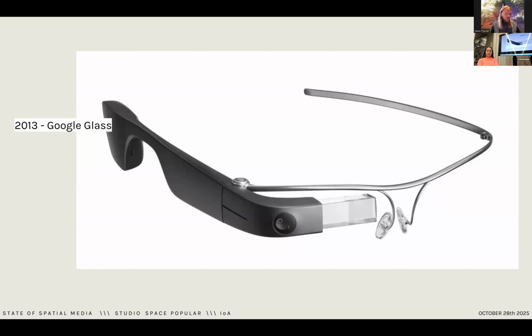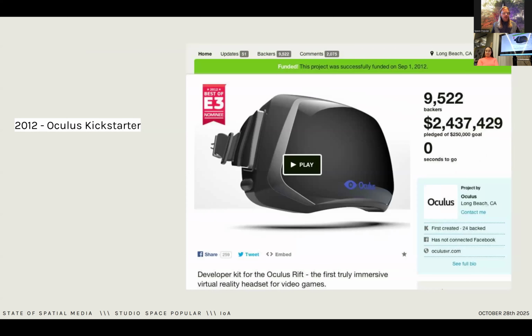Very interesting that Google Glass, when it was revealed, they pulled the product back because there was such a societal backlash, where basically people that were using these in public would be harassed and even assaulted because people were so upset at the prospect of being filmed, being documented, etc. And then 10 years later, it doesn't seem to be a problem for anyone anymore, which is also important to consider. Some other important milestones: in 2012, this Kickstarter was announced, which would become the first